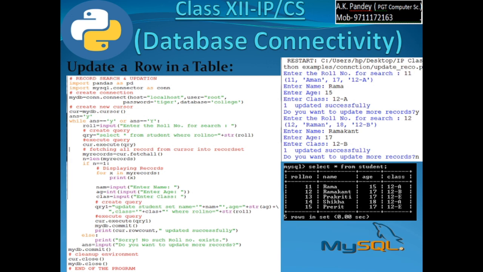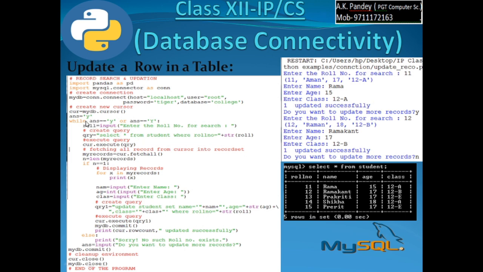Now updation. In case of updation, again the same procedure is required. That is, you have to search for a particular roll number, because at a time you are going to update only one record. So I'll enter the roll number for search. Here I am using a loop also, taking a variable, so that as many times as you want to update you can update. Using this loop the same procedure will run as many times as you require, depending upon your choice, and the choice is being stored in a variable ans.